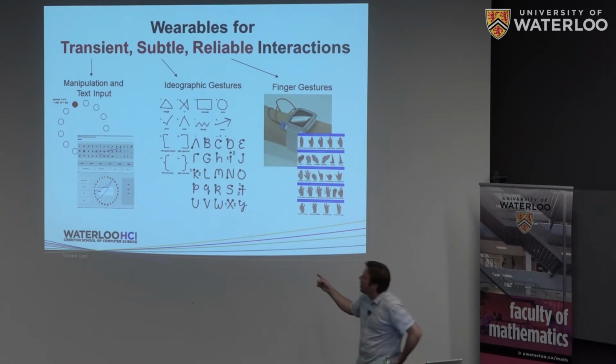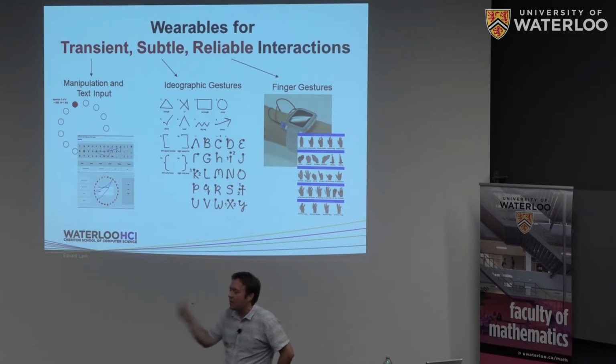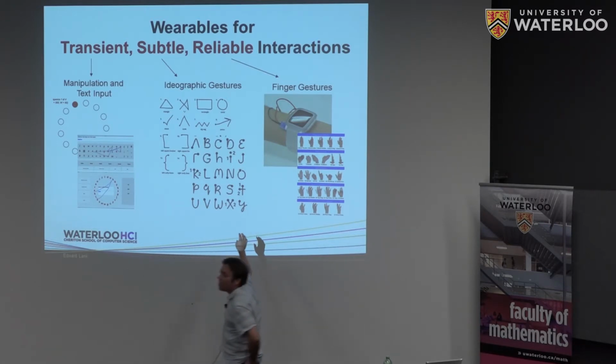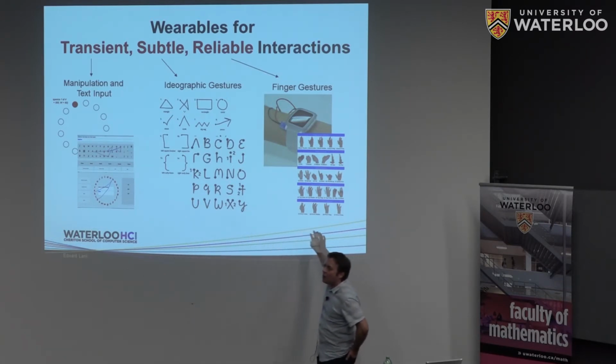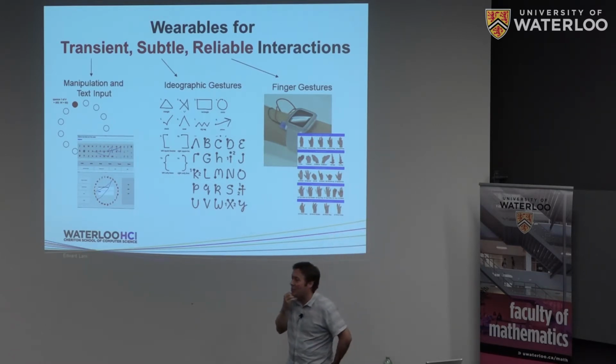So the last thing I want to talk about is I want to pick up this thread of the DTW recognizer running, and I want to talk about some of the work that we've done on reliability. I did preface this by saying I'm not an AI researcher, and that is in fact the case. And so what I'm not really interested in here when I talk about reliable input is maximizing precision and recall necessarily. I'm interested in maximizing the perception of reliability of the systems that the users are using.